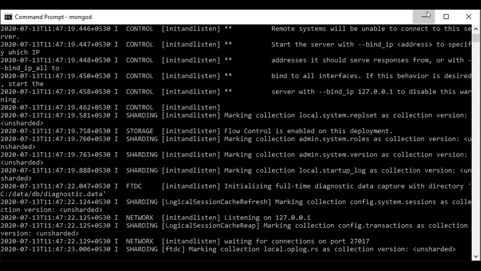Now let us see which databases have already been created. So we will write the command show dbs. It will show all the databases that are already created. Let me clear the screen once. The command to clear the screen is cls.